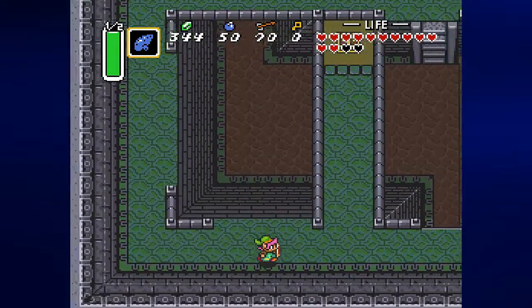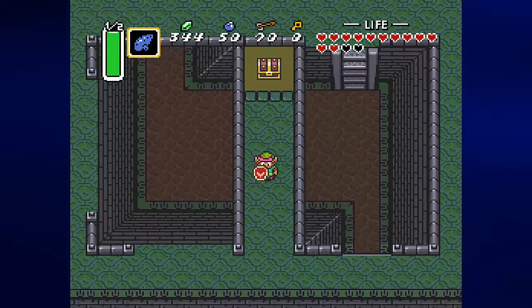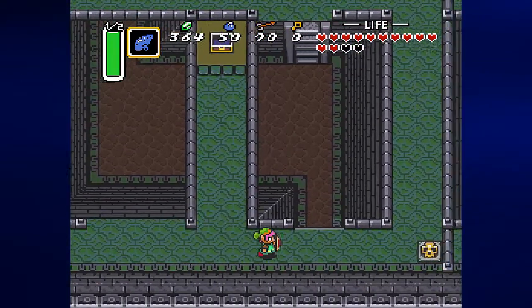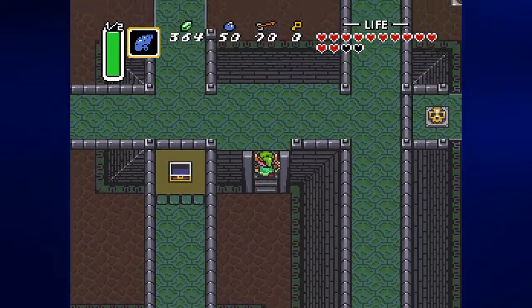And I also want to go up to this chest here, because if I try to open the chest, these 2 guys will show up. But if I open the chest here, I get 20 rupees. Eh. You also want to watch out with the pots as well, because sometimes the pots will carry